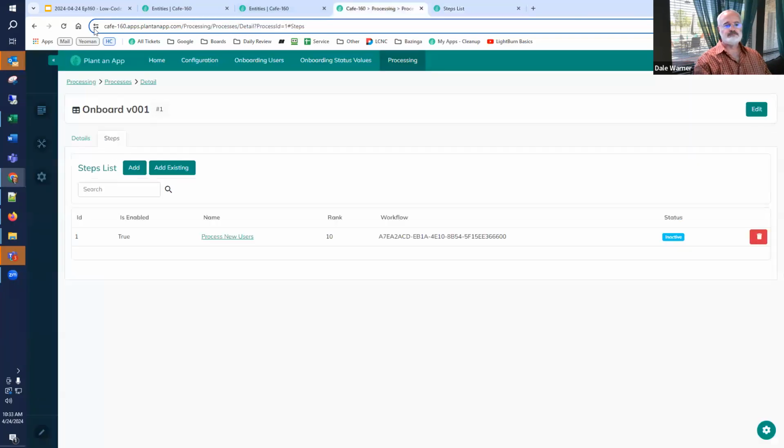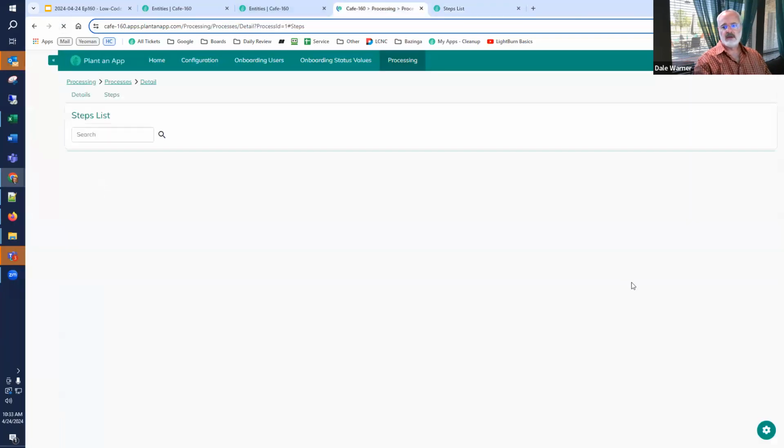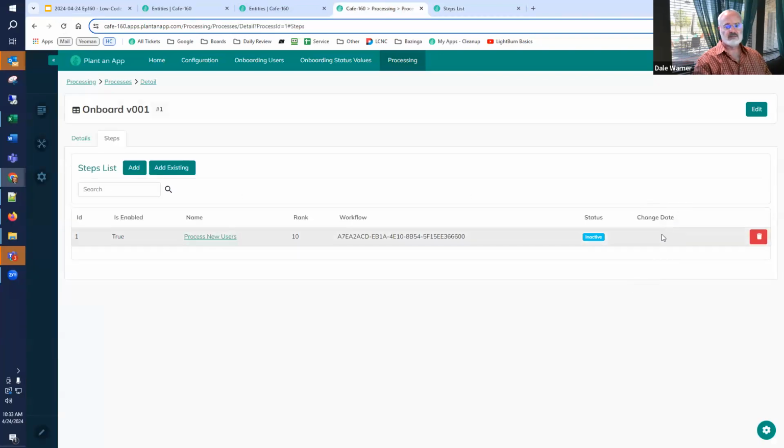So we now have a date column. It hasn't been modified, so it doesn't have a change date, but we'll see that come up in a minute. So we're cleaning this up. The last thing we need is the workflow needs to display as a name instead of an ID. And so in our